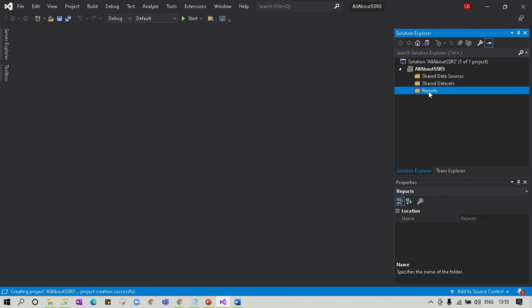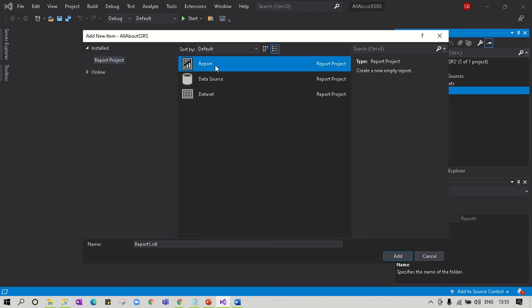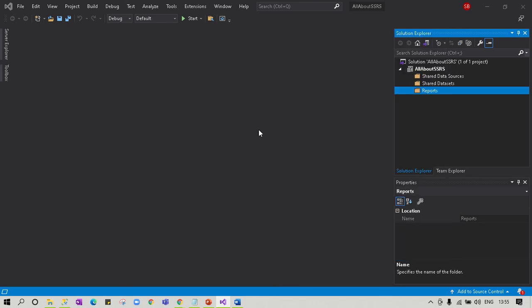Now what I'll do is right-click on the Reports folder and click on Add New Item. Here I'll select Report. I'll give a name, say employee data. I'll click on Add.